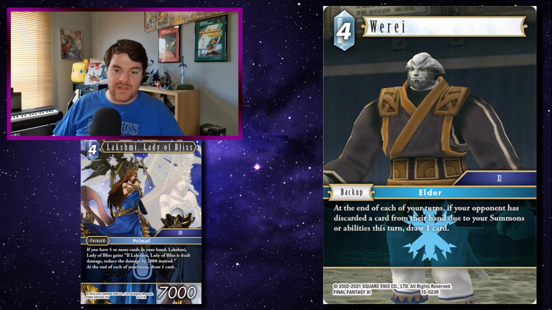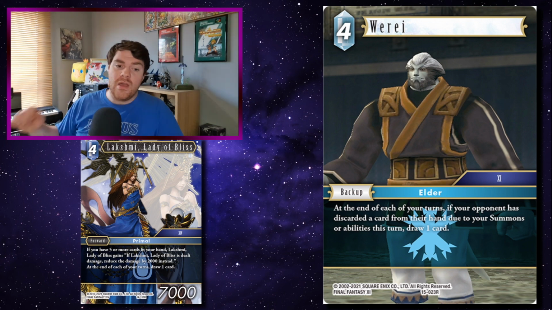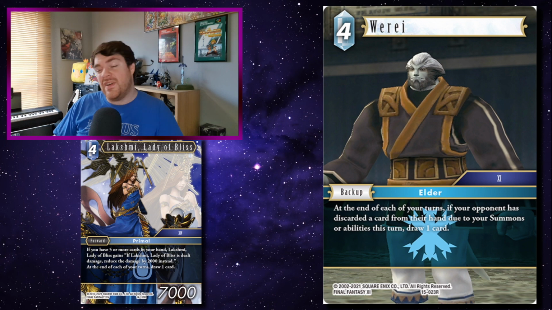So at the end of each of your turns, if your opponent has discarded a card due to your summons or abilities, draw a card. So just another way to be able to draw cards at the end of your turn. Lakshmi, 2 cards to hand. Again, you could be running Moogle 6 with this as well. Mog 6, sorry, with this as well. So you then get the prerequisite bounce. And in Ice, it's very, very easy to make your opponent discard now with things like Biblos and Orphan and